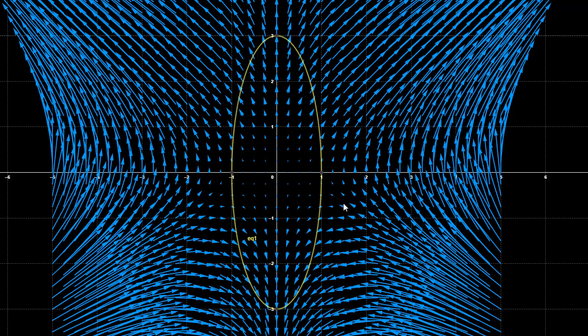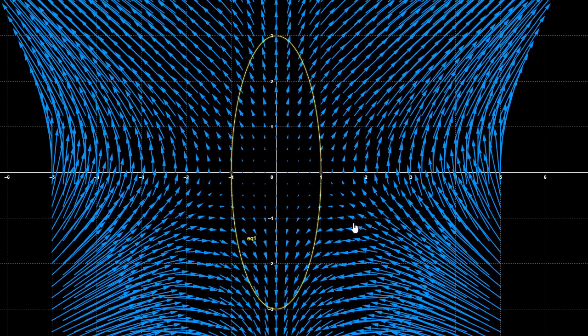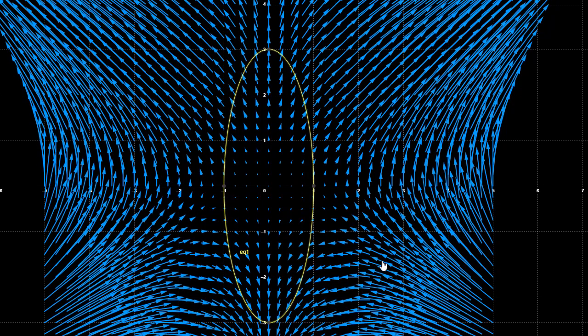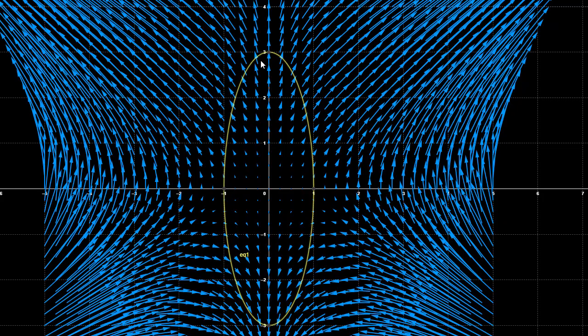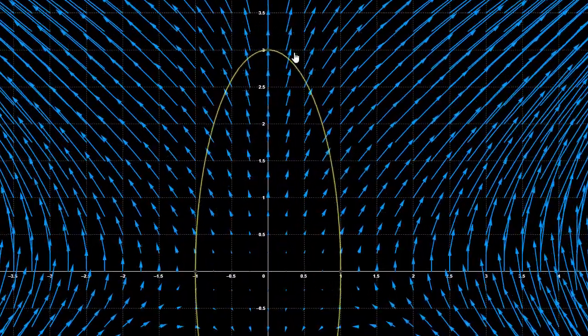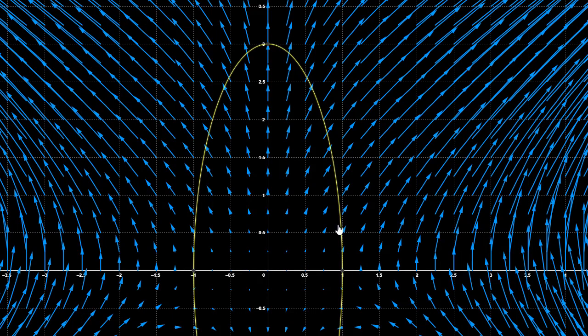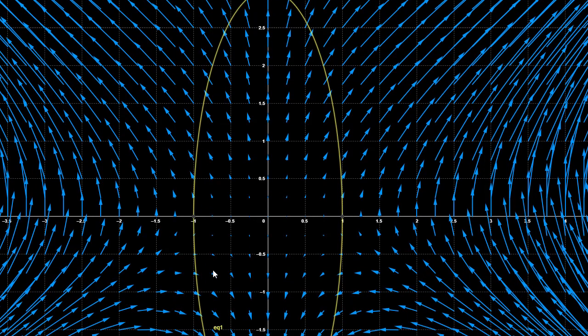All right, when we look at a graph of this, here's the vector field in blue, and we can see that along the path, this ellipse, the vector field is not actually perpendicular to it always. I mean, it is right here, it looks like. If we zoom in a little bit, we can see it is right here, but in these other places, not so much. Like here, if we're traveling this way, the vector field's actually pushing us along a little bit, and then eventually it's perpendicular, and then it seems to be pushing against us for a little while,